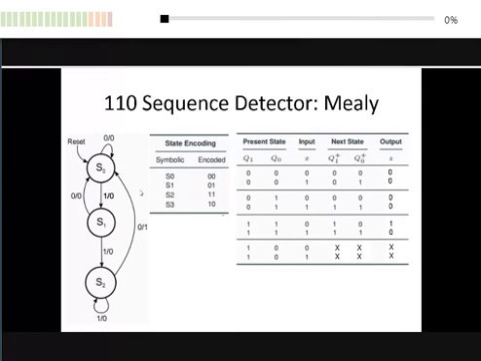You get it? Boleh tak? Because remember in Mealy model, your output depends on present state and input. That's why your output must be analyzed for both inputs, input 0 and input 1. Alright? So let's see your,